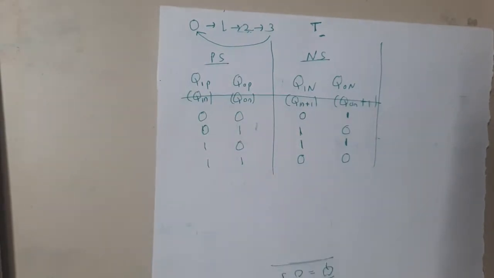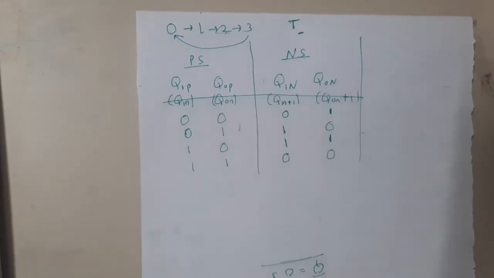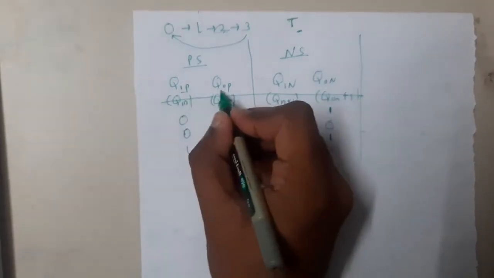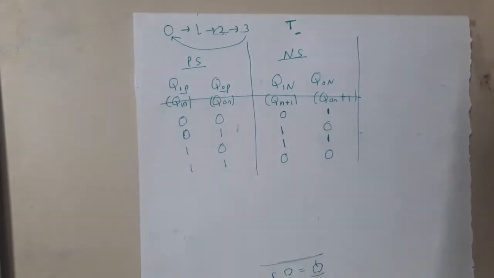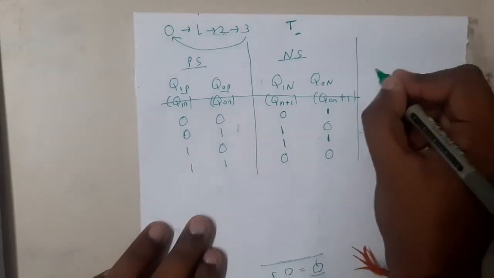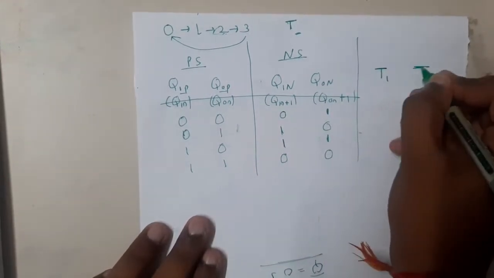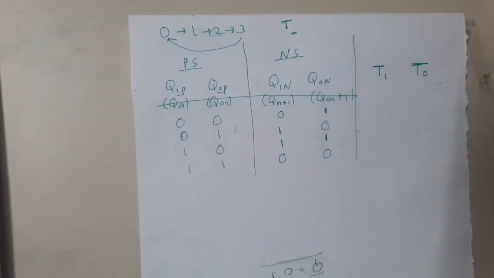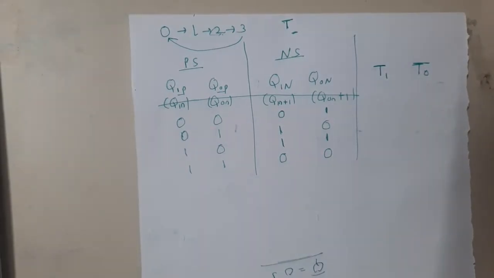But one thing that we should remember is that here he told that we need to use a T flip-flop. If you recall in our last lecture, I clearly told that however many states we are having, that many flip-flops you will have. So here we are having two different sets, Q0 and Q1, and again here we are having T1 and T0. Two flip-flops.